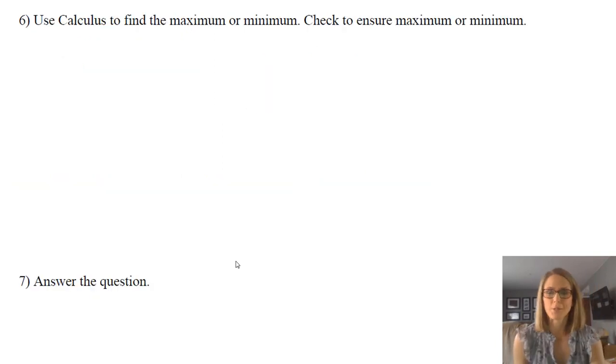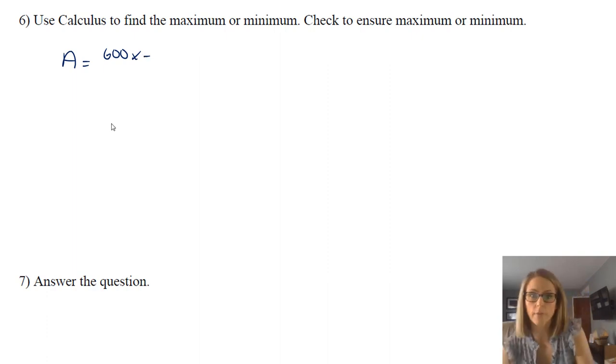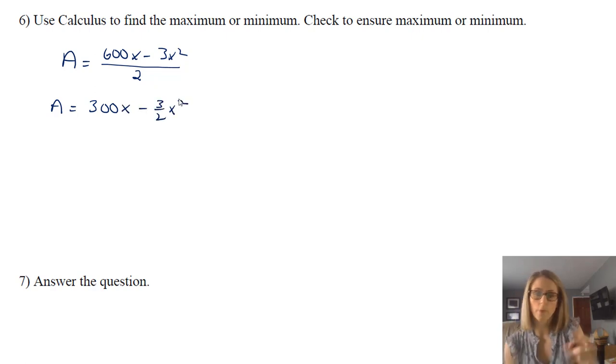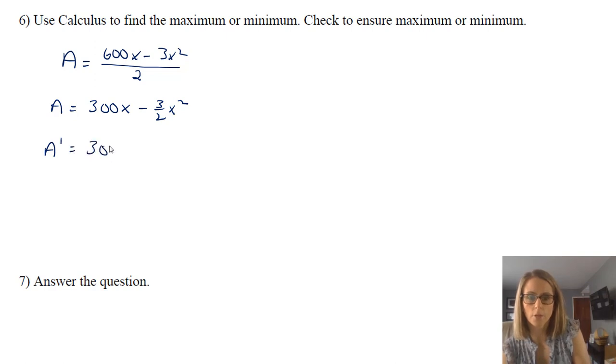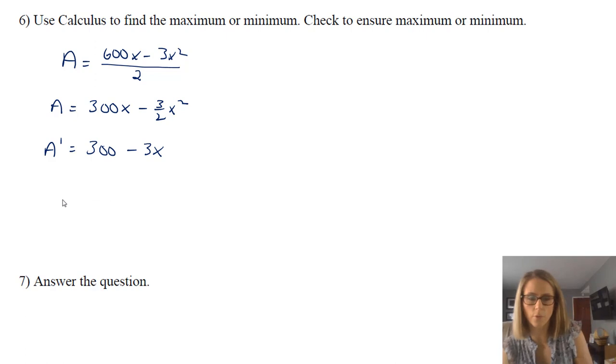So now we're going to actually use calculus. The idea behind needing calculus is that it allows us to find maximums and minimums when we take a derivative. That's why optimization is in calculus. For many students, they'll prefer to divide by 2 because that will give them a pretty basic polynomial here. There would be no reason to use the quotient rule on something like this. Now when we take the derivative, we will get 300 minus just 3x. So we're keeping things pretty simple, pretty straightforward for the first one.